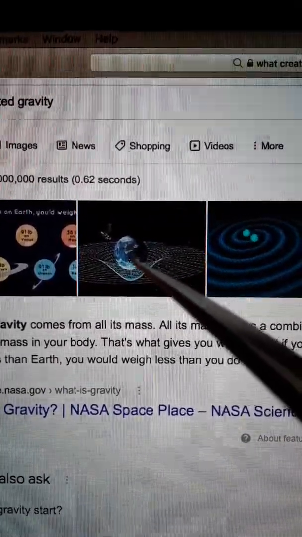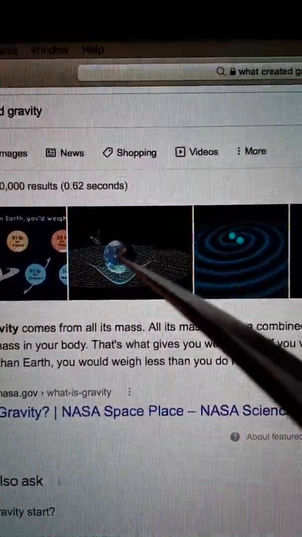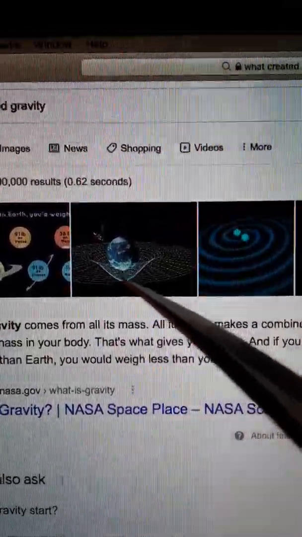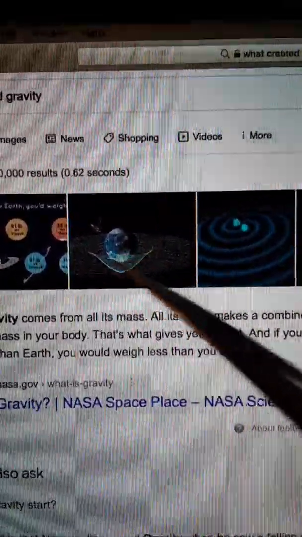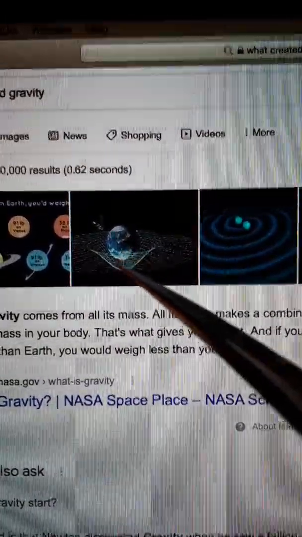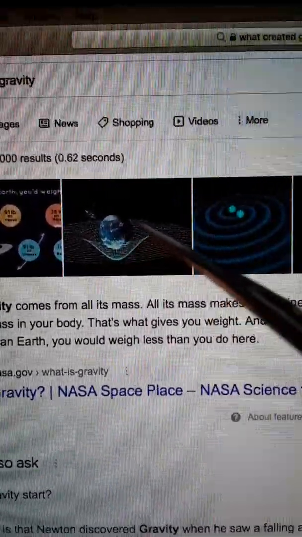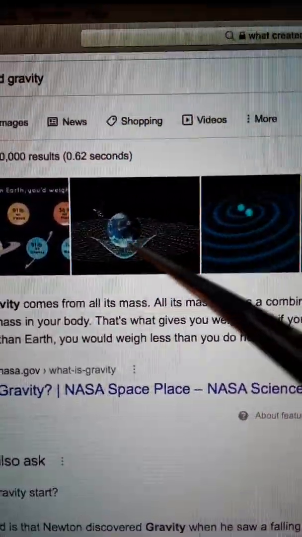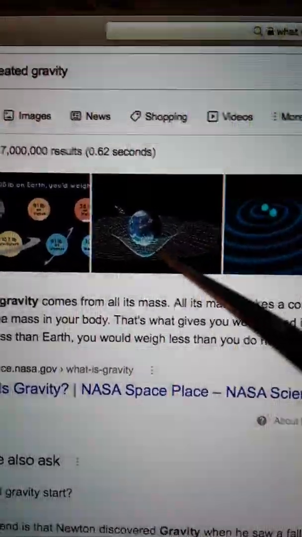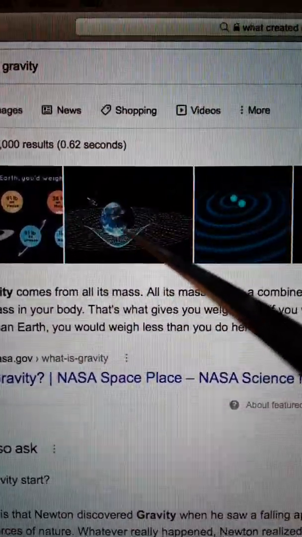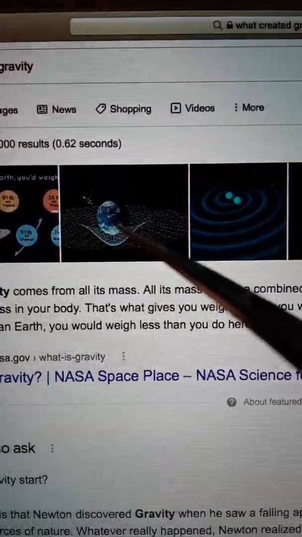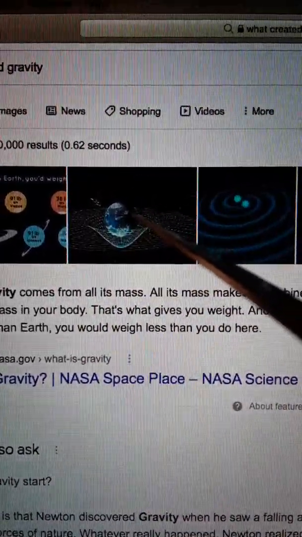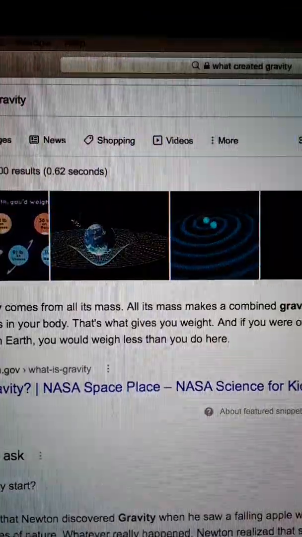Now, if gravity is produced by the alleged weight or mass of a planet or star weighing down, and they'll tell you there's no up or down in space, so this is ridiculous anyway, but it's weighing down on the fabric of space-time here, and that curvature draws everything to the center of the Earth, right? Now, my question would be, since the Big Bang is said to have only produced hydrogen, helium, gases, swirling gas, dust, and particles, right? So what object of great mass